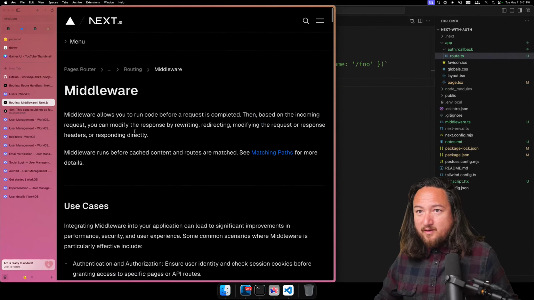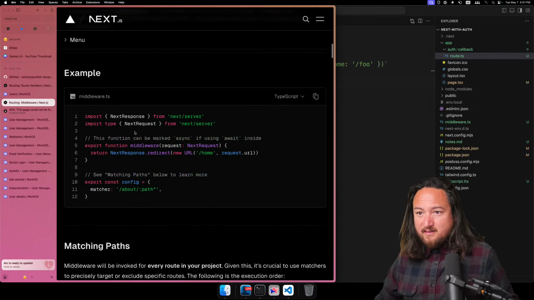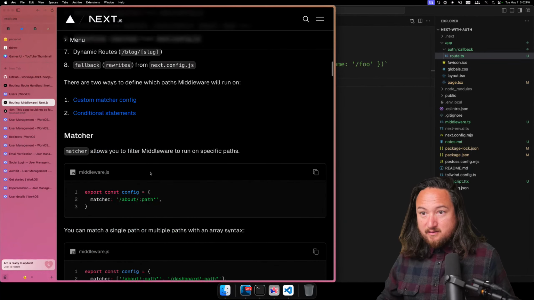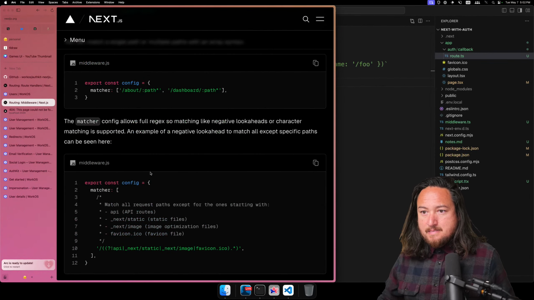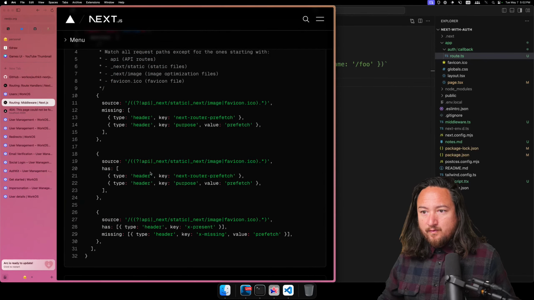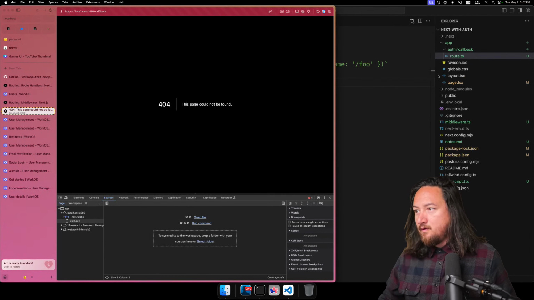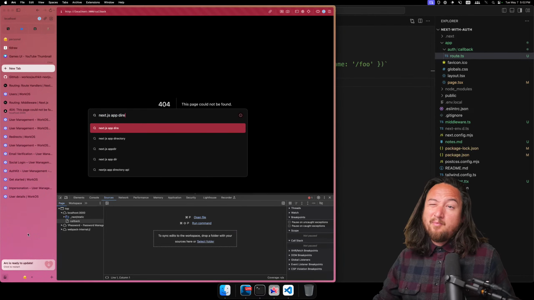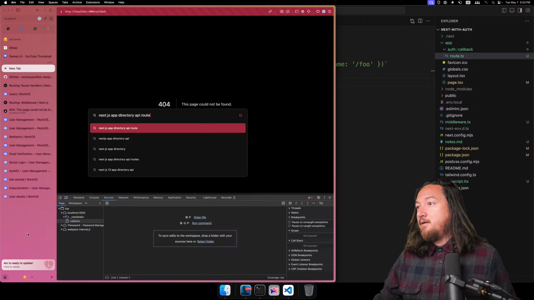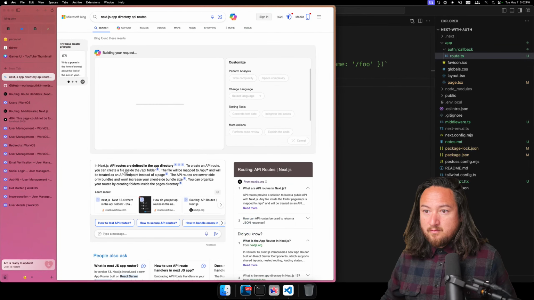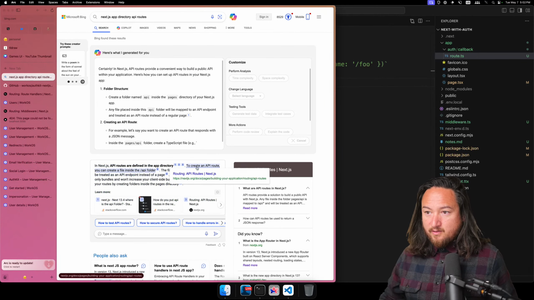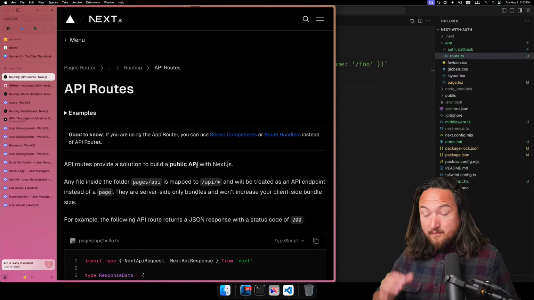We're in a tricky spot with Next where I don't know if this is app directory stuff or if it's page directory stuff. Okay. I'm gonna Google again. Next.js app directory API routes. Next.js API routes are defined in the app directory. Okay, to create an API route, you can create,